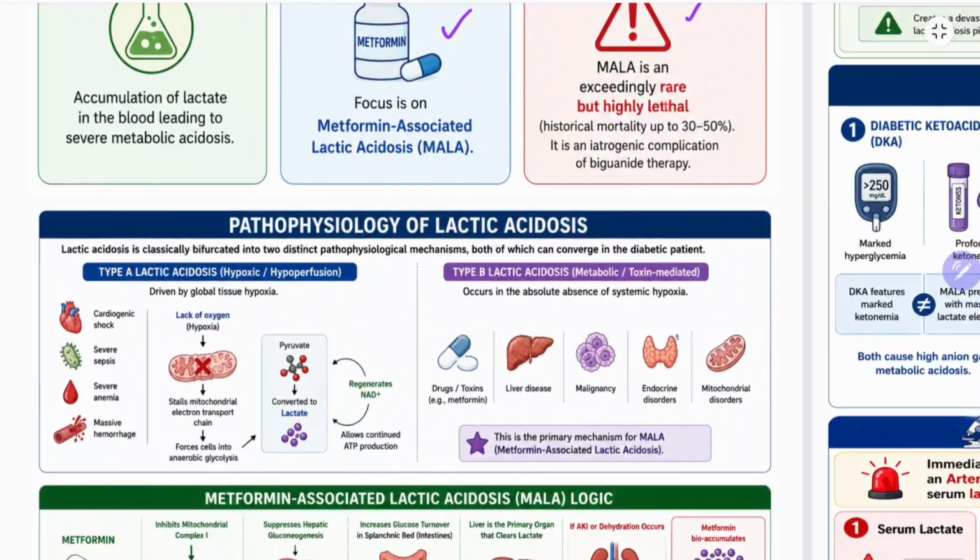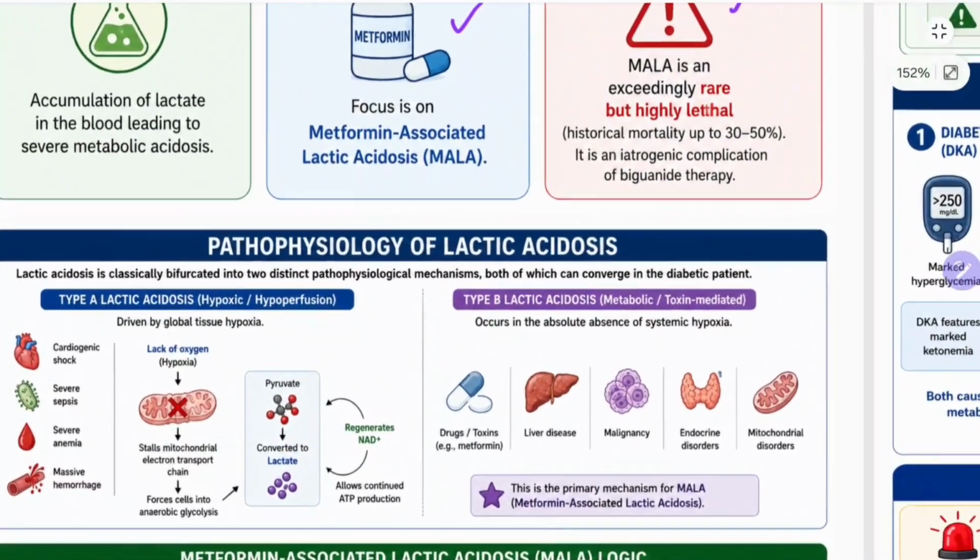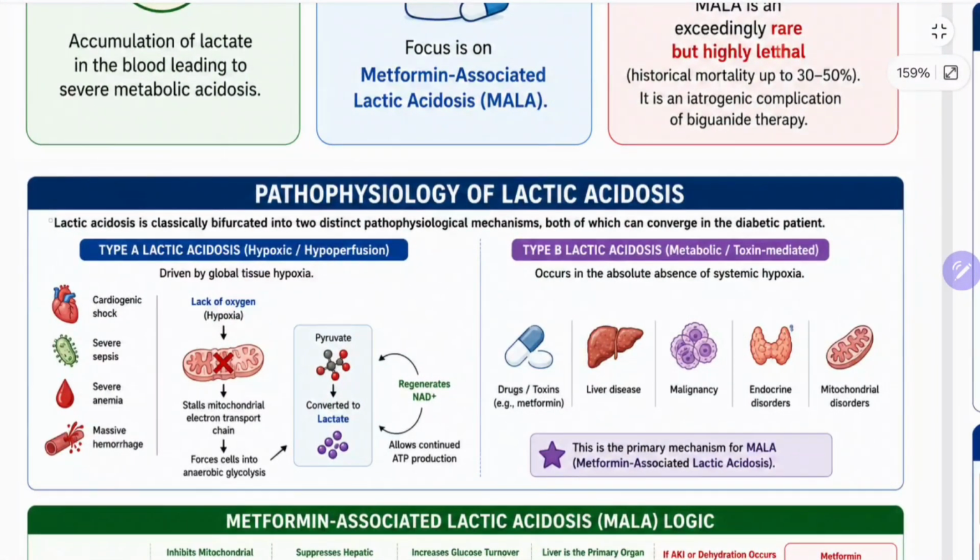What is the pathophysiology of lactic acidosis? First we will discuss. Lactic acidosis is classically bifurcated into two distinct pathophysiological mechanisms, both of which can converge in the diabetic patient. Type A lactic acidosis occurs due to hypoxia or hypoperfusion due to some cardiorespiratory condition. Type B lactic acidosis is metabolic or toxin mediated. Metabolic meaning due to some metabolic disorder like diabetes mellitus. Toxin mediated meaning because of some poisoning. So type A occurs because of hypoxia and hypoperfusion, due to some cardiorespiratory conditions, whereas type B occurs